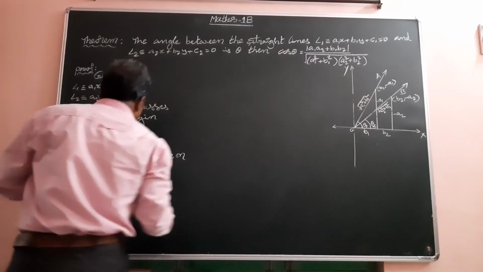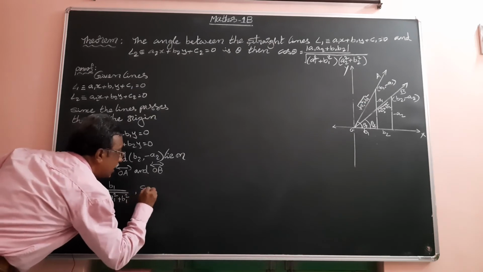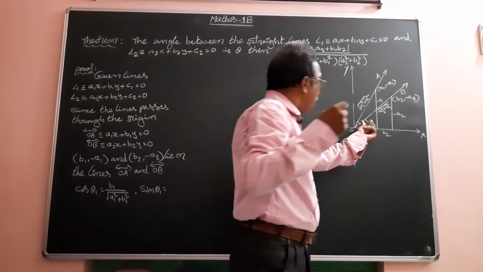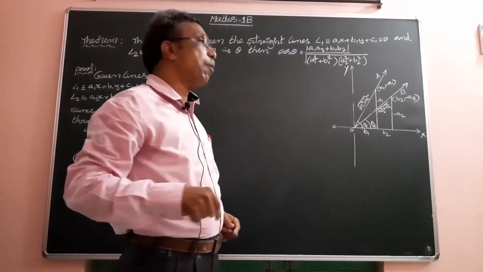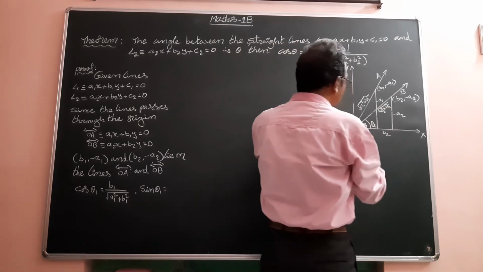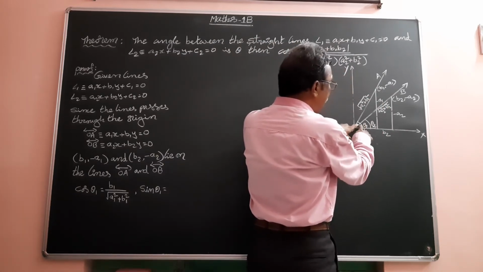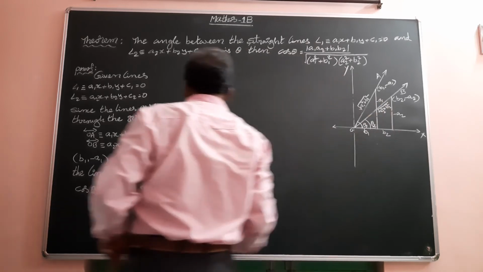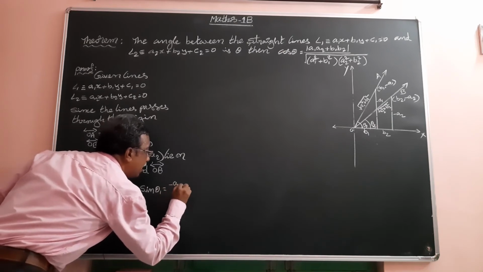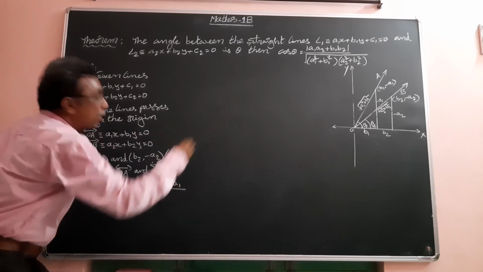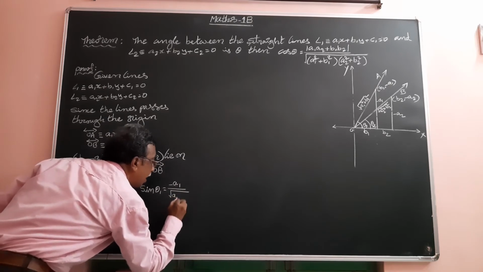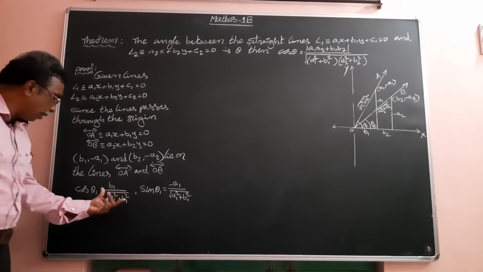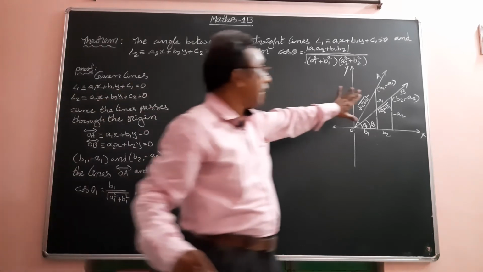Next, now we write sin theta 1 also. Sin theta 1. What is the sin theta formula? Opposite side by hypotenuse. First figure, what is the opposite side? Theta 1 is the angle. This angle's opposite is the opposite side, minus a1, by hypotenuse, root of a1 square plus b1 square. Now we write these values depending upon the first right angle triangle.